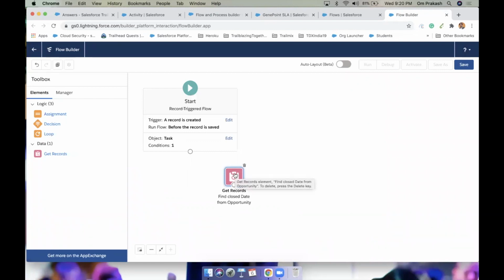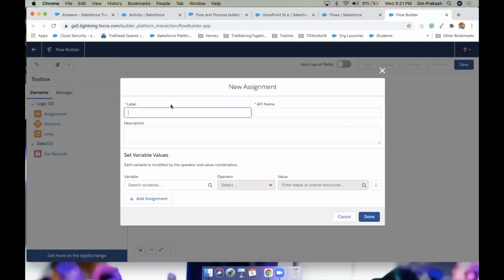Now, what do we need to do? We need to update the task with the close date. So let's drag one assignment. Give a name: assign close date to task. On the task we have one custom field, close date, and we need to assign the opportunity close date to the field on the task.